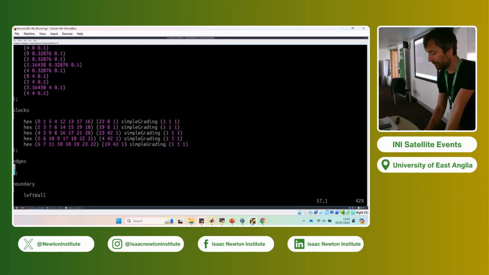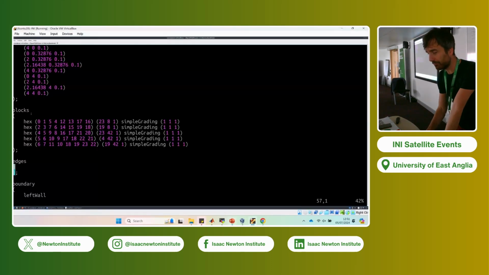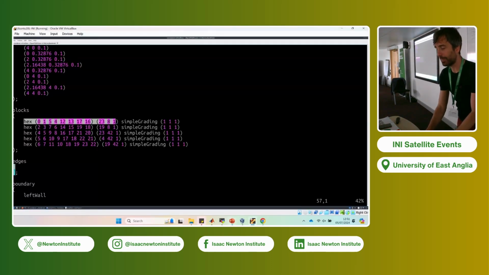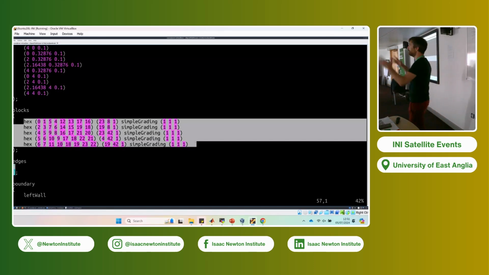Now, because the domain is a bit of a complex domain with 5 elements, with 5 boxes inside, here we have 5 blocks being generated. But if you have a simple domain with only one box, you only need one line. The lines have the order of the vertices,